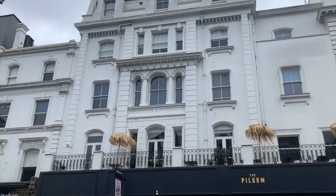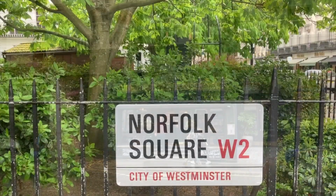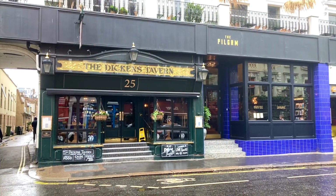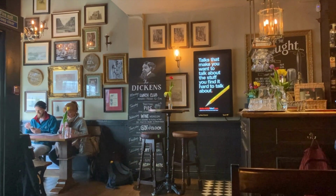For today though, I've opted for the Dickens Tavern, which is located on the rather aptly named London Street, close to Norfolk Square. This pub started life in 1861, and inside you'll find a good selection of vintage photos and posters related to